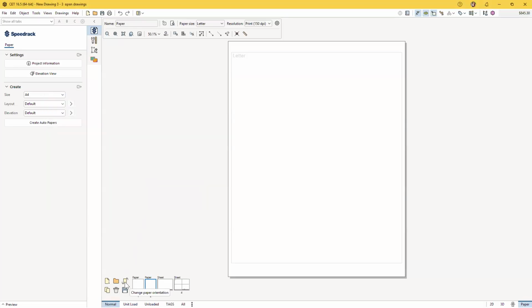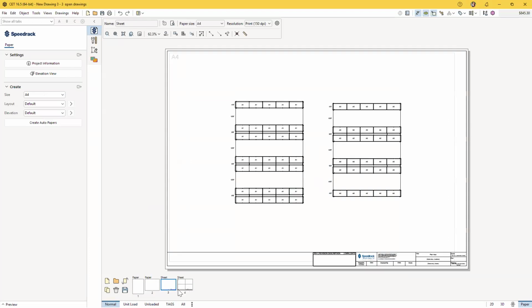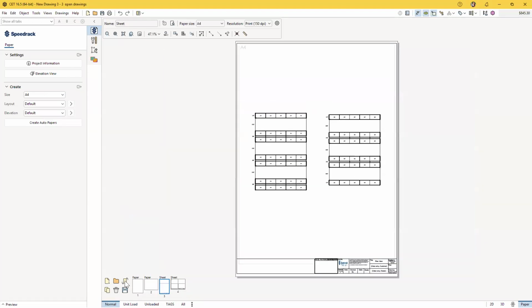Next, you have this change paper orientation. This is going to swap the paper orientation. I do want to just give you a quick heads up. Notice that if I do this to a sheet that has things on it, if I click this change paper orientation,